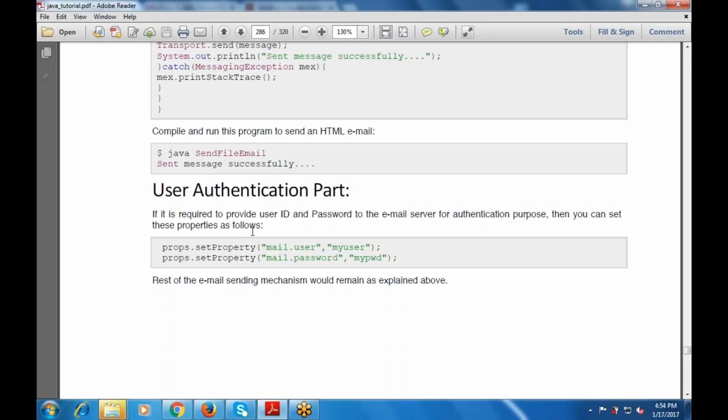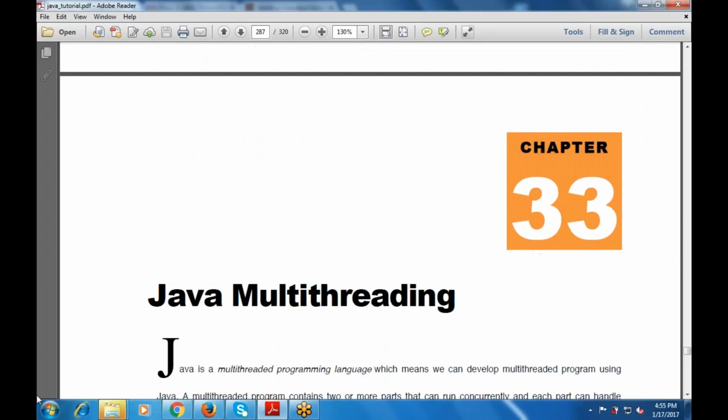So this is for the user authentication part. This is required if you are providing the user ID and the password to the email server for authentication purposes. Then you can set these properties. This is props.setProperty mail.user myuser, then props.setProperty mail.password mypwd. Now next is my